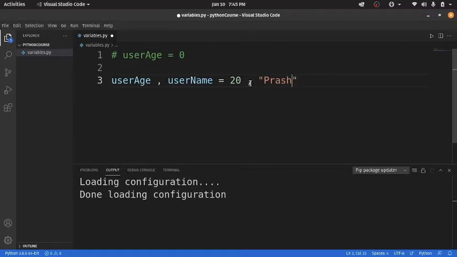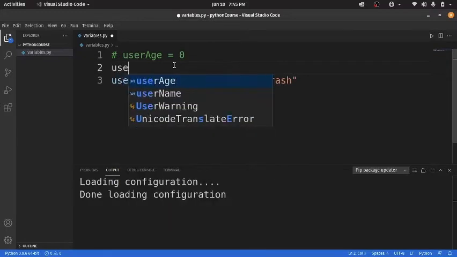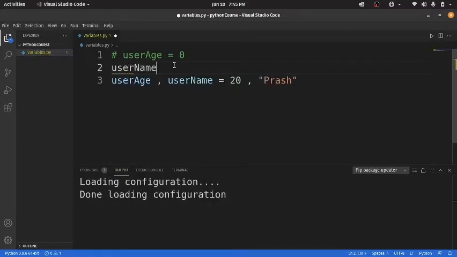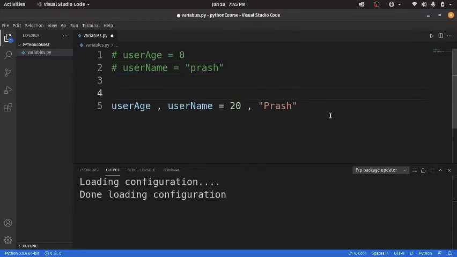You can see this is equivalent to user name equals Prash, so these two lines are doing the same work. Let's assign this 20 here also.